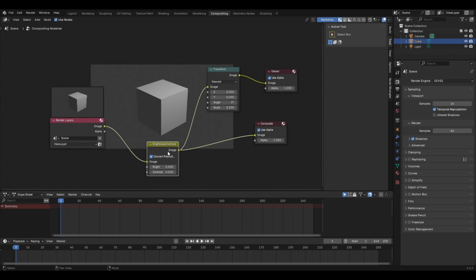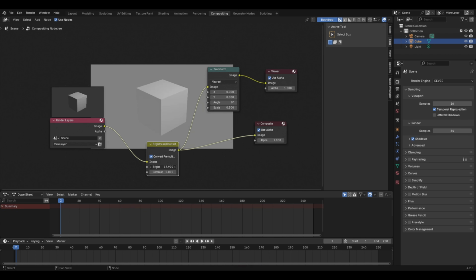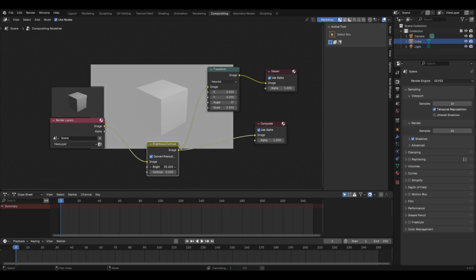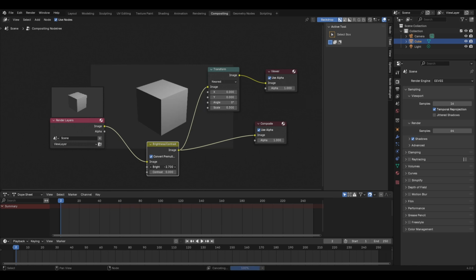Now in the brightness contrast node, we have two options. The first one is the brightness and the second one is the contrast. And just like the name suggests, the brightness parameter will control the brightness, or basically the amount of white color in the scene. So if I increase this value, you will notice that the scene is now looking very bright. Also, if I take the brightness value to a negative number, then you will notice that the amount of black color will increase. So the brightness value can be used in both ways. If you take it to a positive value, the brightness will begin to increase, and if you take it to a negative value, the brightness will reduce and the amount of darkness or the black color will increase.